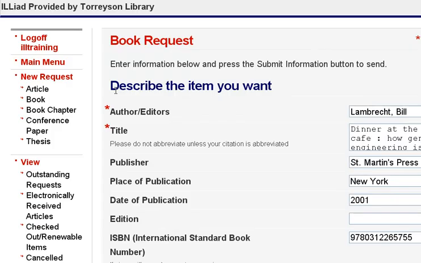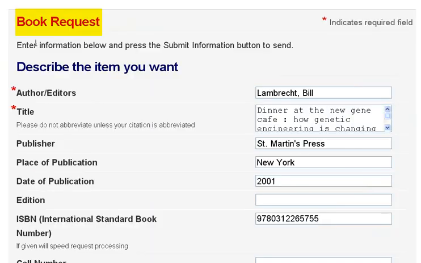This will log you in to the Iliad main page, and you will see the book request form in front of you. To the left-hand side is a navigational menu that you can use to work your way through Iliad. If you scroll to the right, you can see the book request form with several different informational fields, and those fields, as you can see, are already populated with the information we found